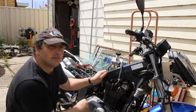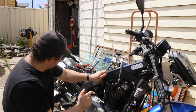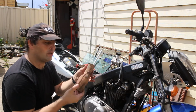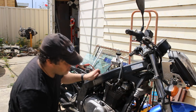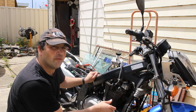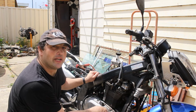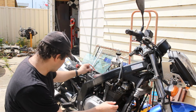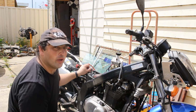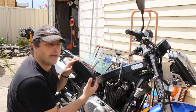Now, 90% of the exhaust is original still. The things I have done is I've removed the collector from underneath because it's a very poorly designed piece, and I've removed the balance tube because it's got a 2-in-1 system anyway, so you don't really need to balance them when they come out of the head. Well, that's what my research said anyway. So the exhaust, now that I've taken this out, actually flows better, and I've got a K&N intake on it,